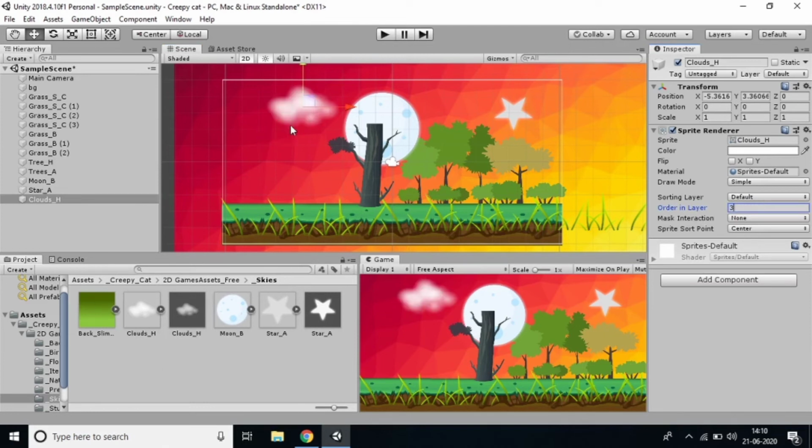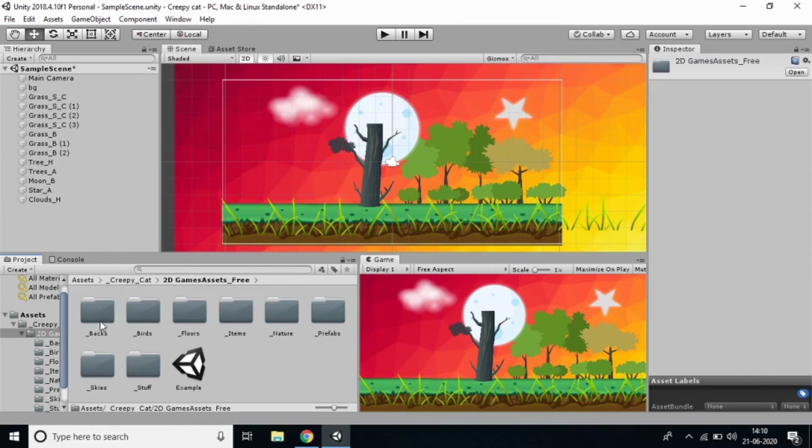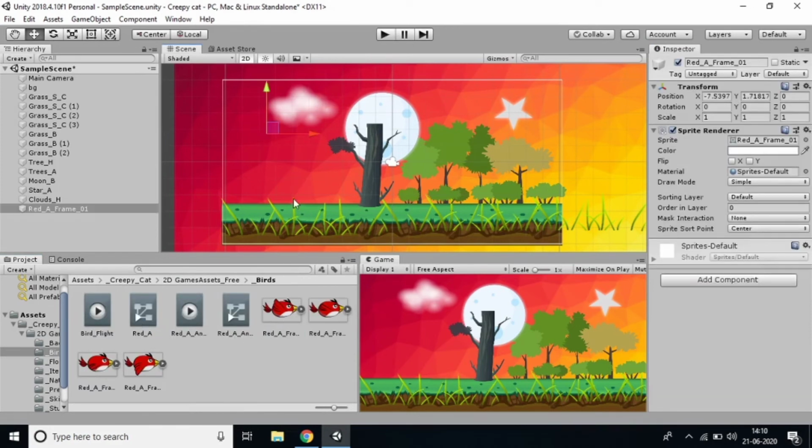So I added everything to my game view, and of course I'll add the player also. Go to bird and just drag and drop here. You can't see it because the layers are very important. So the order layer is very important. Actually the background layer order is 0, and this is a 1, and these are all 1, and all of these I kept as 2 and 3, and grass I kept as 2. Like that, for the player, just select the player and keep it as a 1. You can see, the platform and player were in the same layer. So ordering the layer is very important, and I'll explain about the sorting layer also.